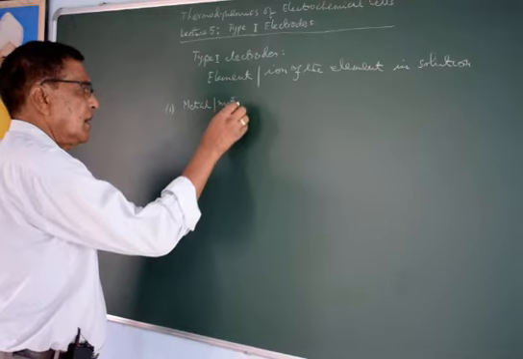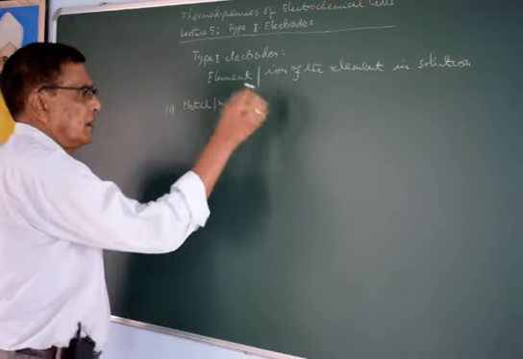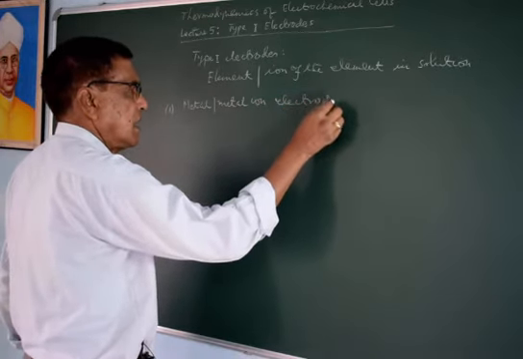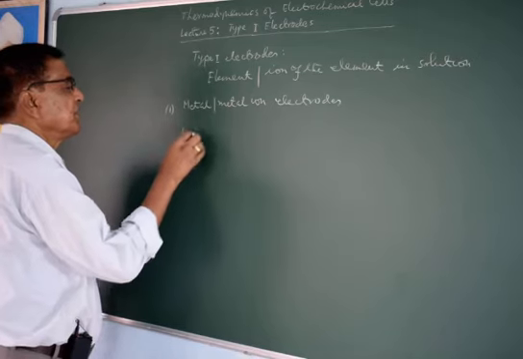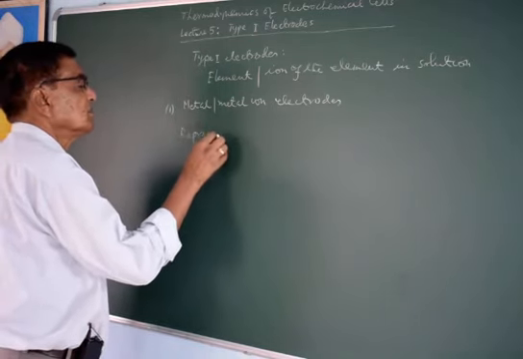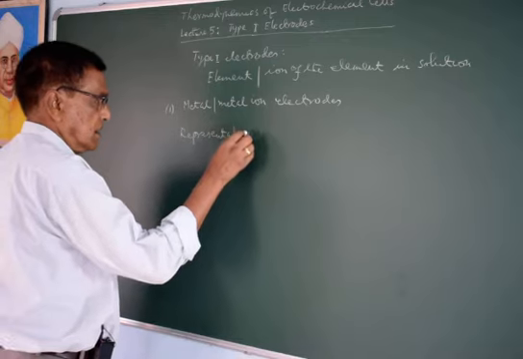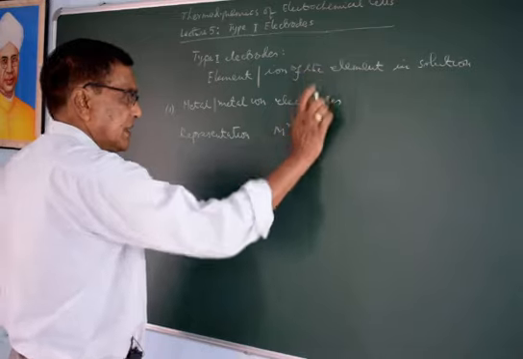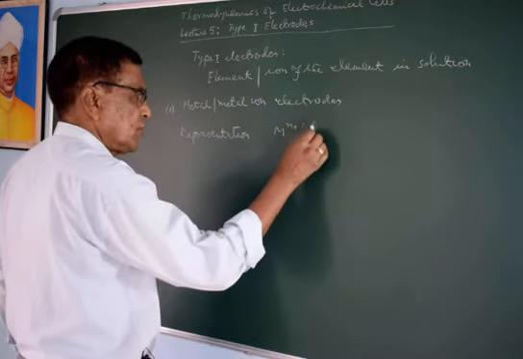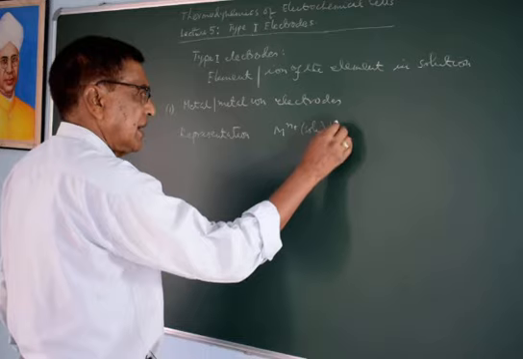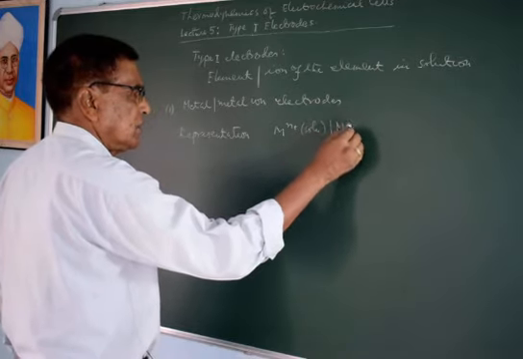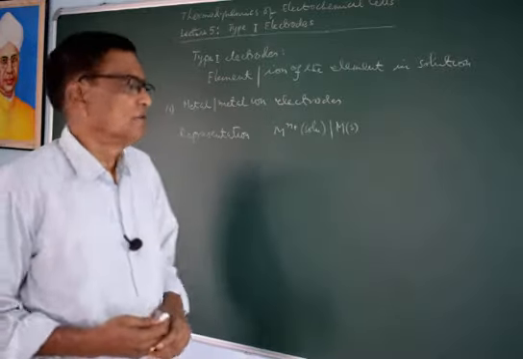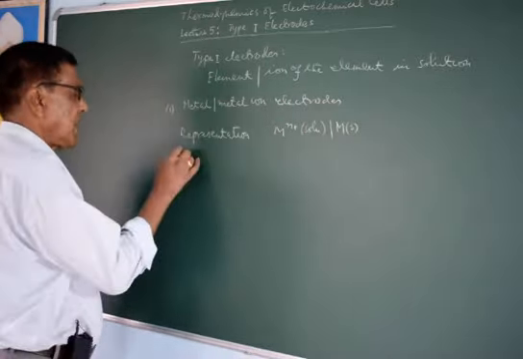and its representation is M^n+ in solution, oblique M solid. n is the valency of this metal ion. And the electrode reaction,